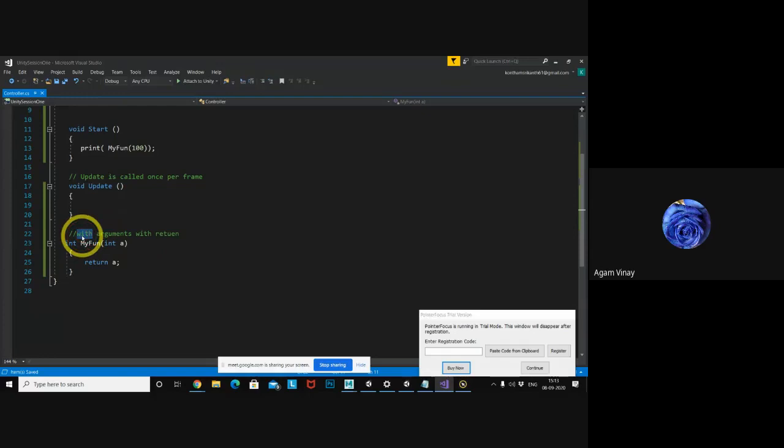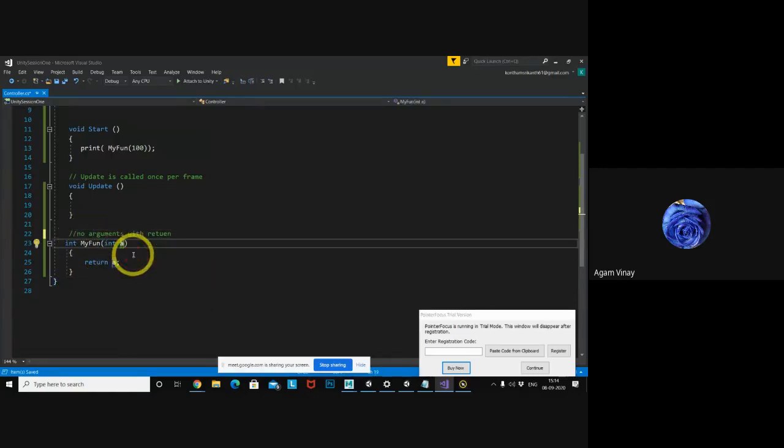Now, with argument, no return type is completed. So now with return type, no arguments.